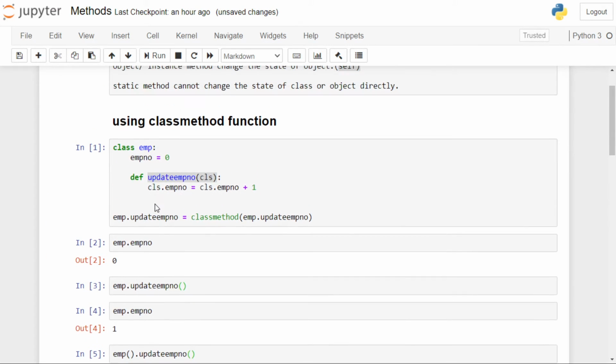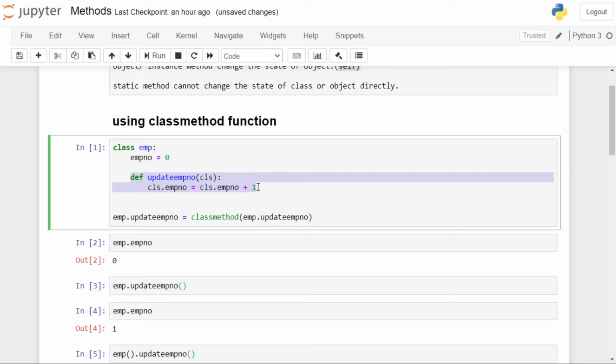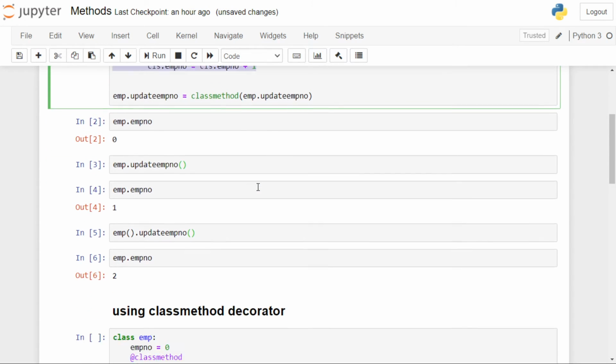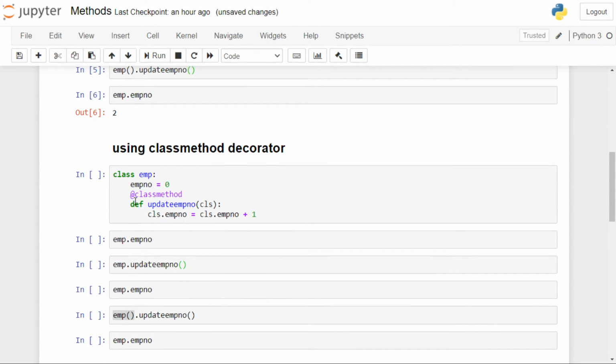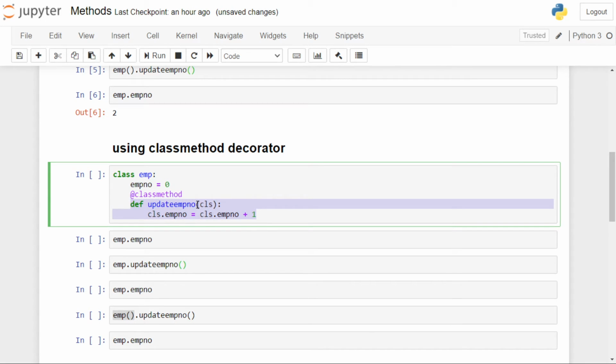This was the first method, where we used the classmethod function to convert a function inside a class into a class method.